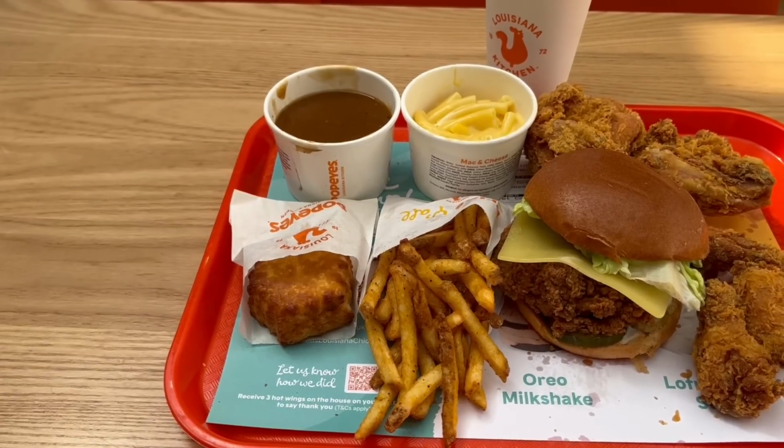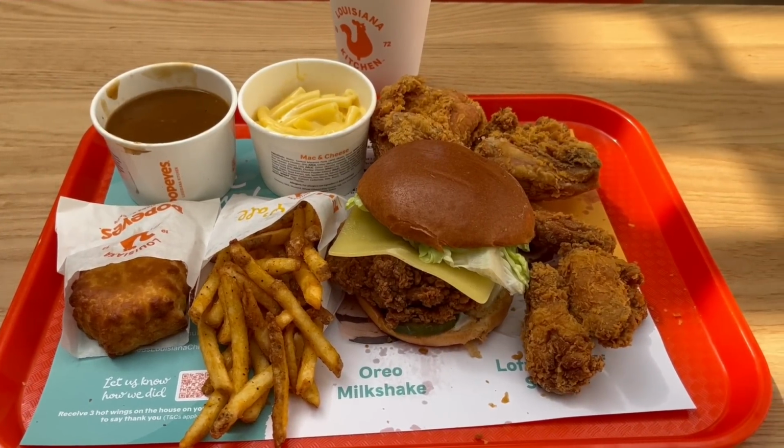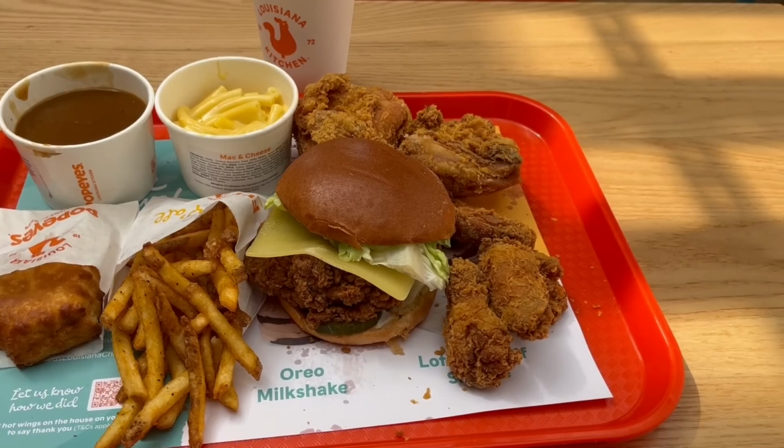The food at Popeyes is amazing, I have to say. I'm not sure what I was expecting before visiting, but I think it's exceeded my expectations. I really enjoyed this meal. What an incredible meal that was. The chicken was amazing. So the total cost of that meal was